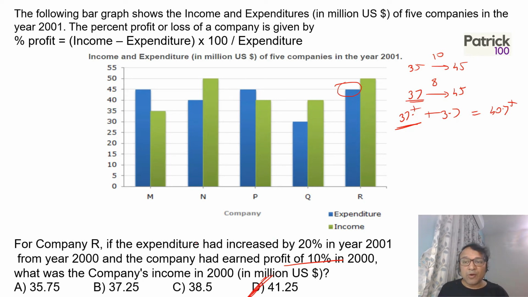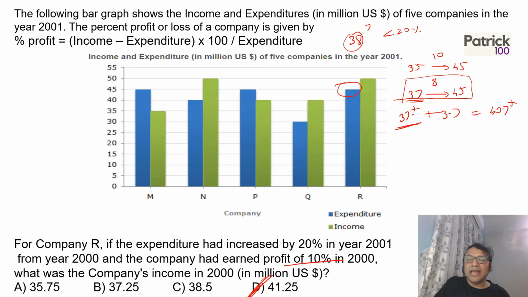If there were closer options, maybe I would have calculated accurately. But here I calculate approximately. I can make out 37 gives you approximately 20% profit, 8 on 37. Because if I take 38, 7 on 38 gives you less than 20% profit. You should be good at calculating 10%, 20%. For example, 38, 10% is 3.8. So 20% will be how much? Double of it, 7.6. So 7.6 upon 38 is 20% profit. Here 7.4 upon 37 is 20% profit. So it will be somewhere between 37 and 38. So more than 37 plus 10% will be more than 40.7. So from the options you can make out the answer is D option.